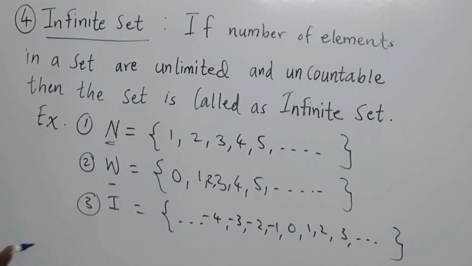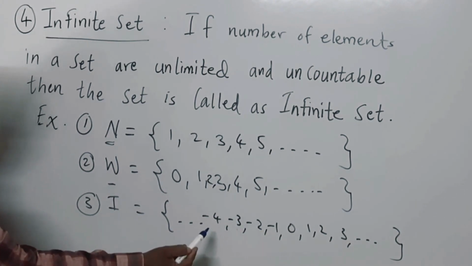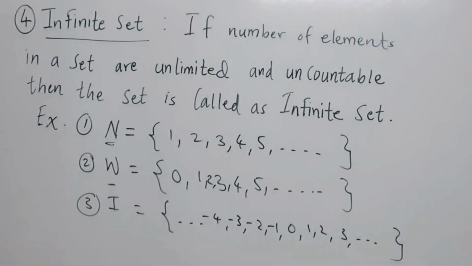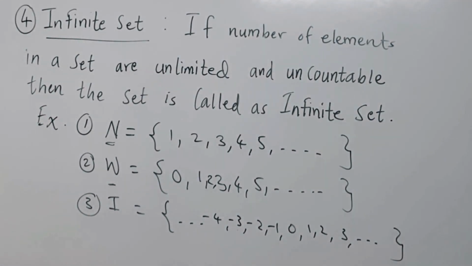Then the set of integers, infinity on both sides, 0 here, on this left side negative and on the right side positive integers. The set of rational numbers, the set of irrational numbers, the set of real numbers. These are all examples of infinite sets.